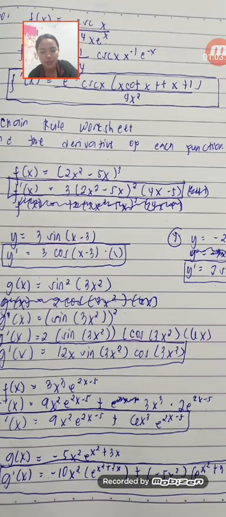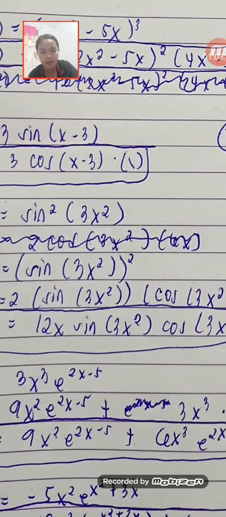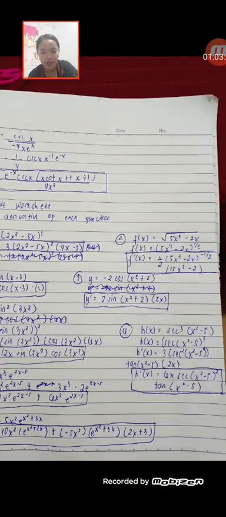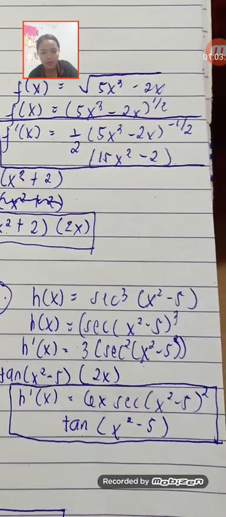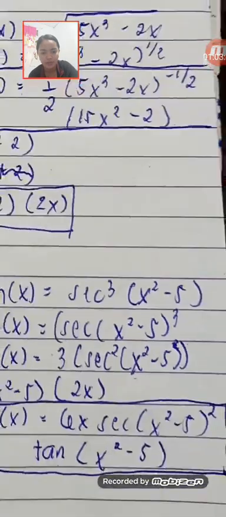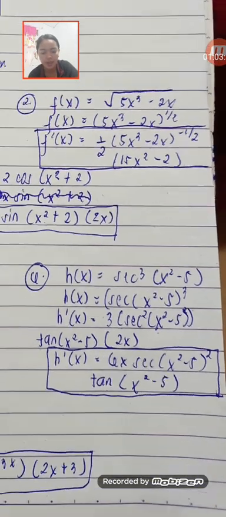So 6x multiplied by 2 is 12x sine, copy, and copy. So that's our final answer. The same process goes as this one. You just need to rewrite them and get their